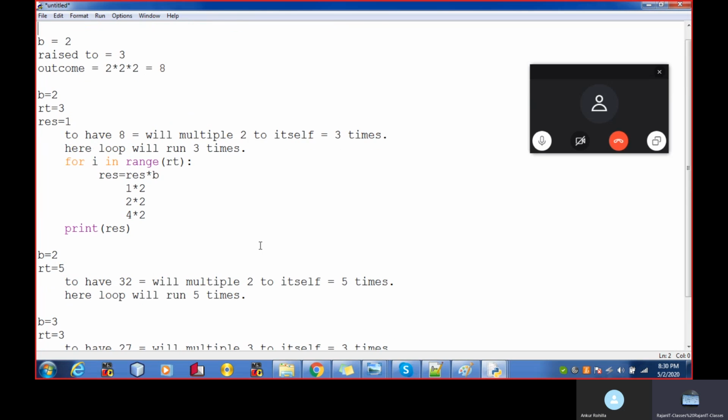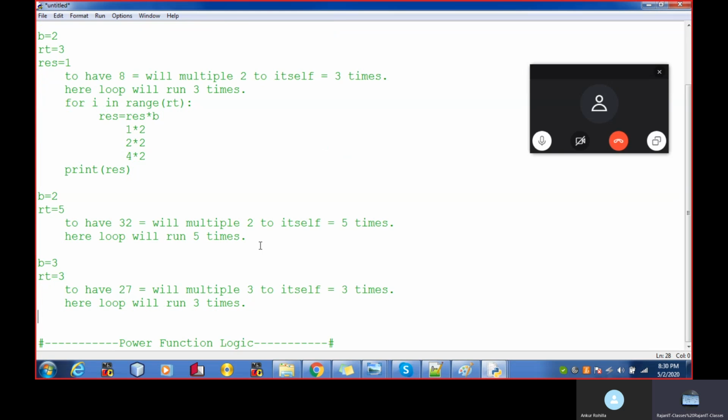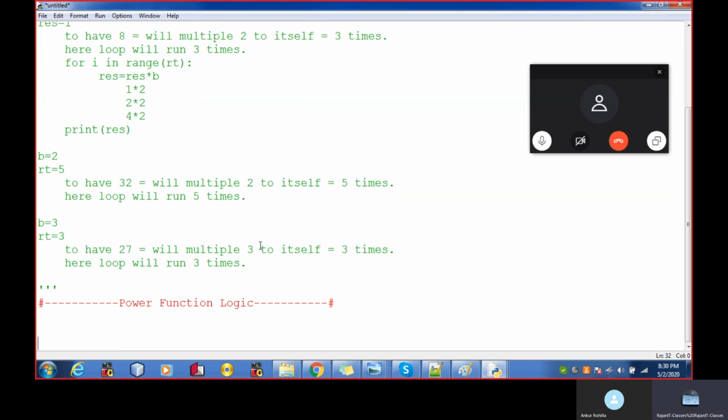Take the function. So I'm putting this part in comment. The Ram's job and Sham's job.